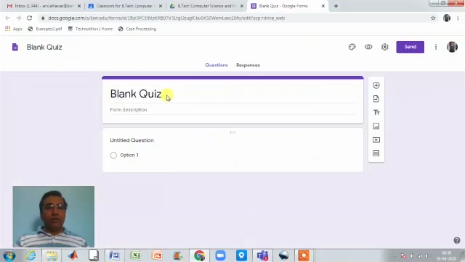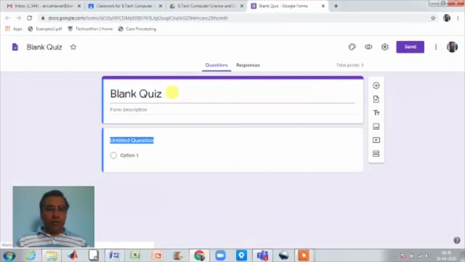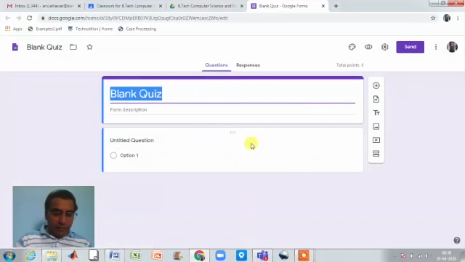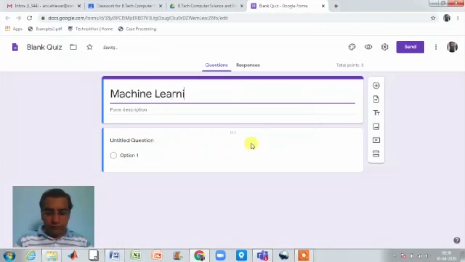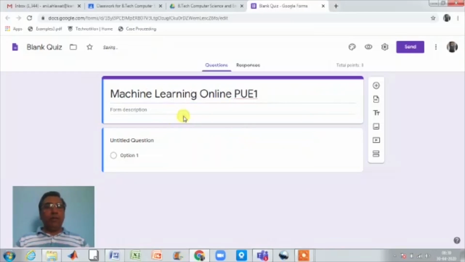Now here in the blank quiz, you can write instructions like, for example, you can write machine learning online PV1.